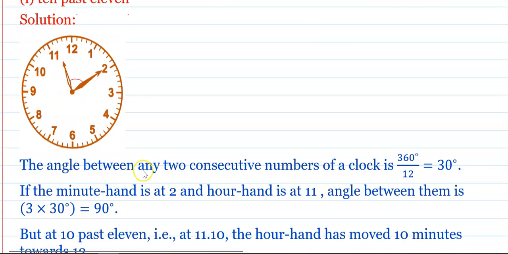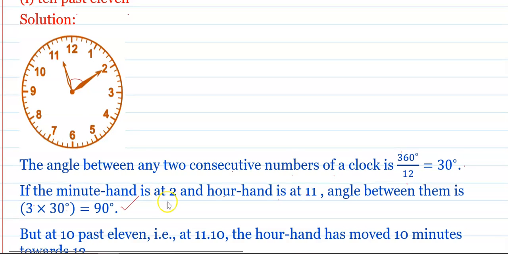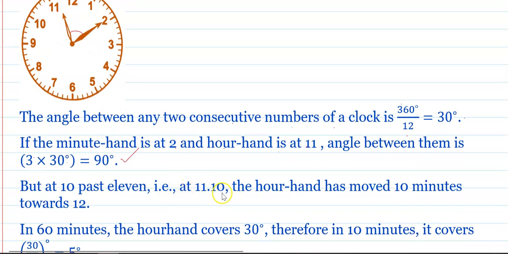The angle between any two consecutive numbers of the clock is 360 upon 12, that is 30 degree. The angle between any two numbers is 30 degree. If the minute hand is at 2 and the hour hand is at 11, then the angle between them is 3 into 30, that is 90 degree. But at 10 past 11, that is 11:10, the hour hand has moved